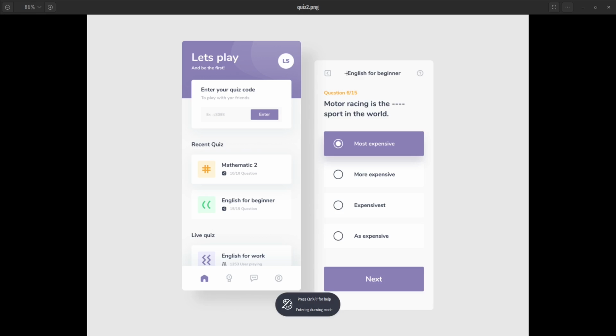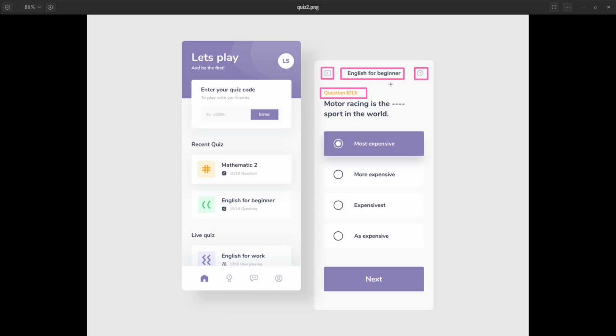So in the app bar we are having our title in the center, and then we are having our automatic leading icon, which is the back button here, and we also have something in our actions that's for asking for help, and all this will be in our app bar. And in the body we are going to have a column, and that column will consist of first the current question, and then the total question. So that is going to be the question we are currently on slash the total number of questions for this